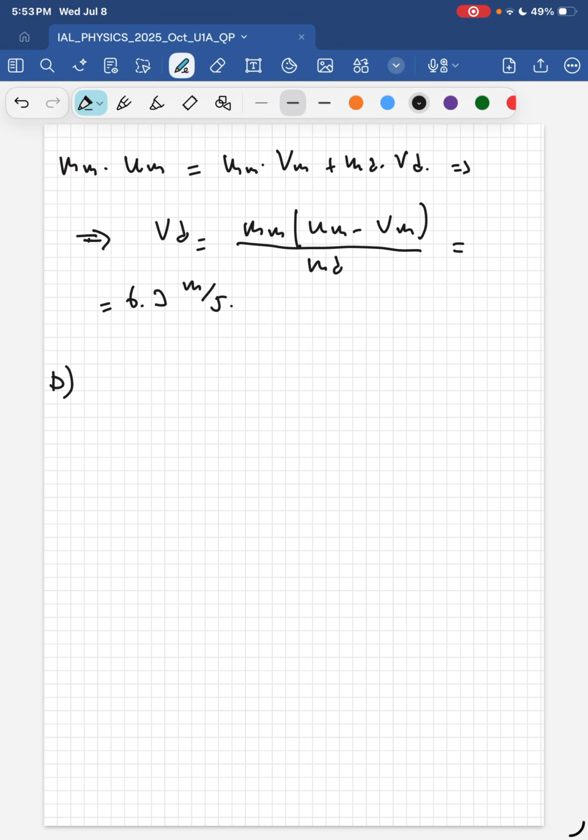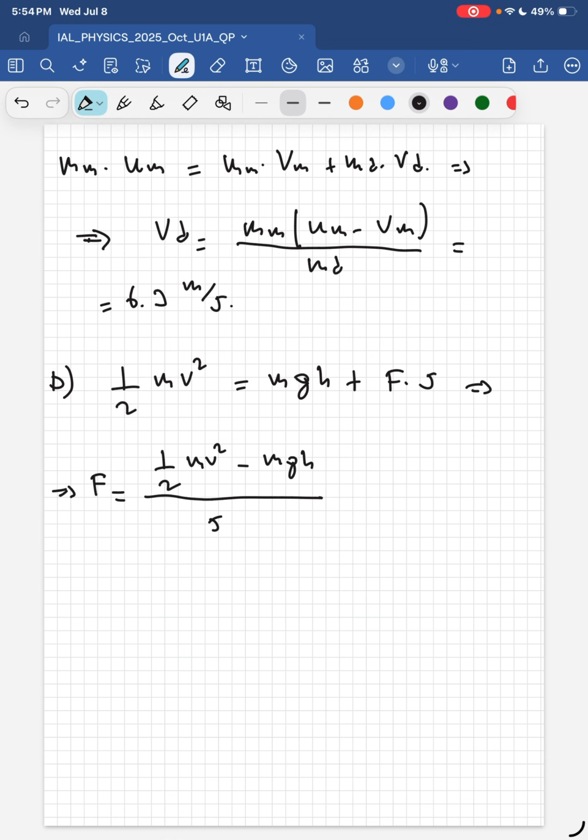So let's do B. So the kinetic energy that the disk has before it reaches the ramp will turn into the potential energy, right? Plus the frictional force times the distance, which gives you the work done by the friction. Okay, so the friction is going to be 1/2 mv squared minus mgh, over the distance s. Okay, so this is